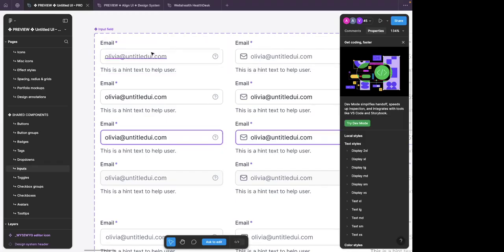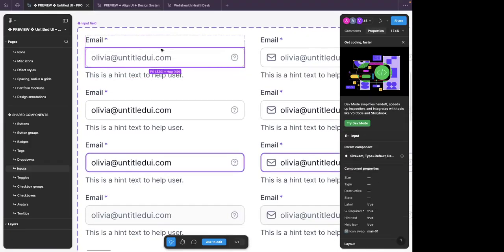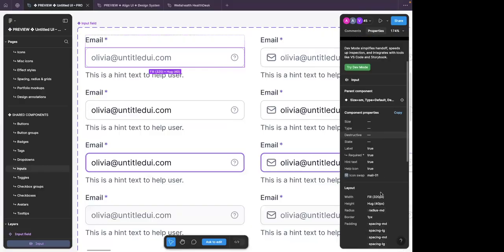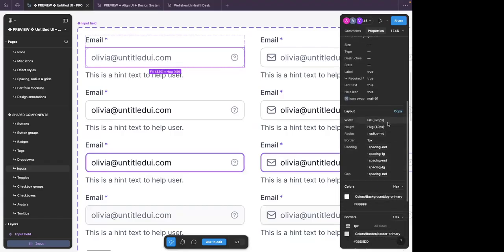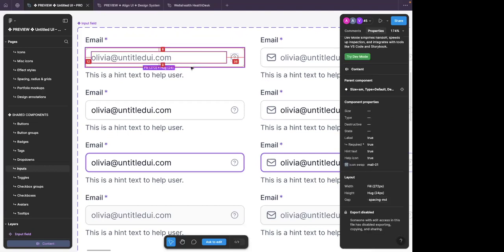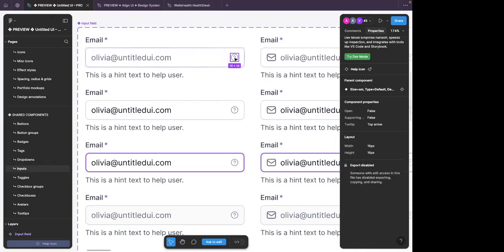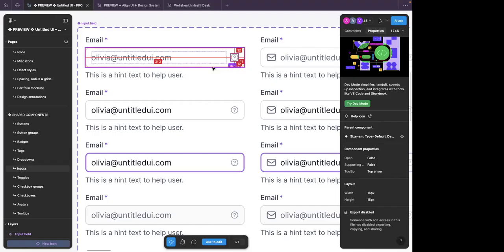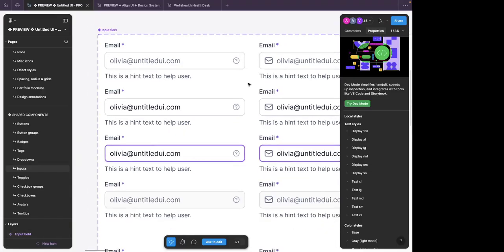So you could specify that for all your inputs, you should have a certain kind of padding. Look at the layout here. You could see, okay, the width could be 320, the height should be 40. Standard. Nothing in this life should make the form be less than this or more than this. You specify this for any design you're doing. Then you could also go ahead to specify padding inside. Okay, I want the text to be 12 pixels away, then 8 pixels from top and bottom. Then in the event that you have an icon, you specify it as well. It should be 12, 12, 12 all around. That is for your input